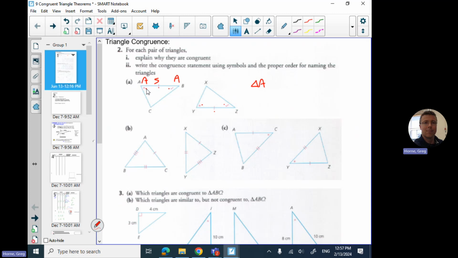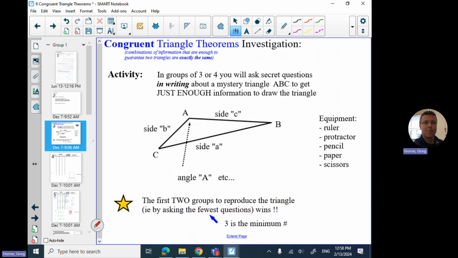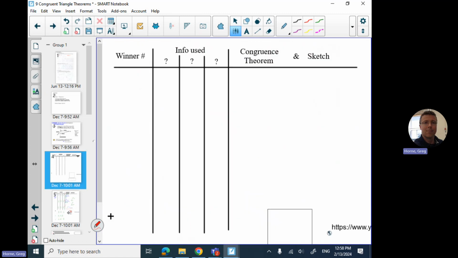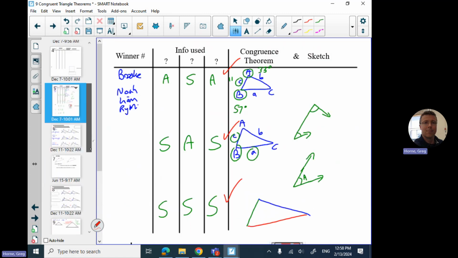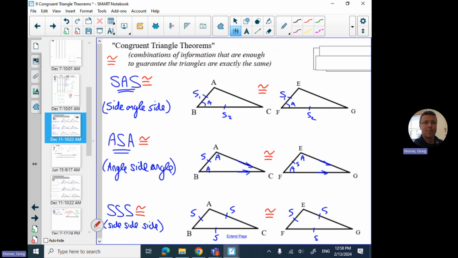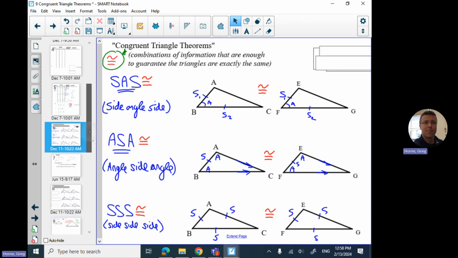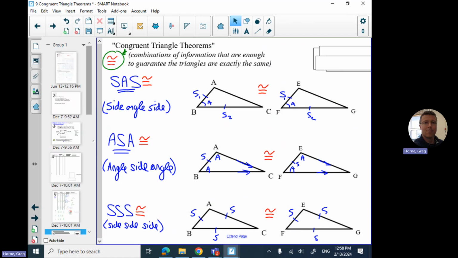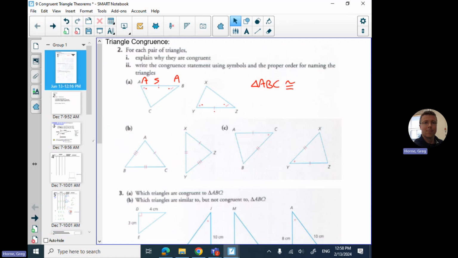So triangle ABC would be congruent to, and I don't know if I made enough of an emphasis point about that. We're talking about congruent triangles. The new symbol is an equal sign, but it's more than just equals, because it's more than just one thing. So it's equals and even more. The little squiggle above it means congruent. So if we have triangle ABC, notice triangle ABC is like that. We're starting with,